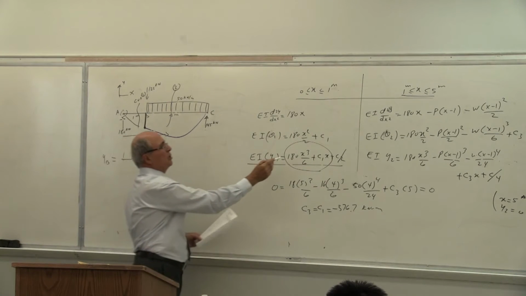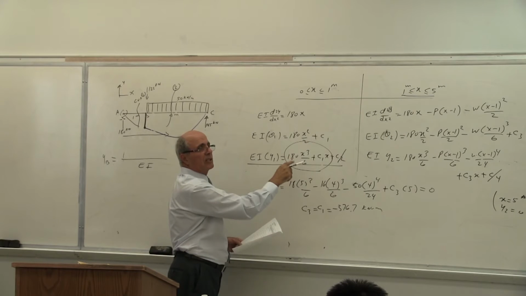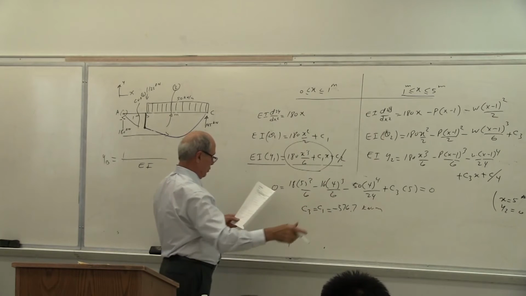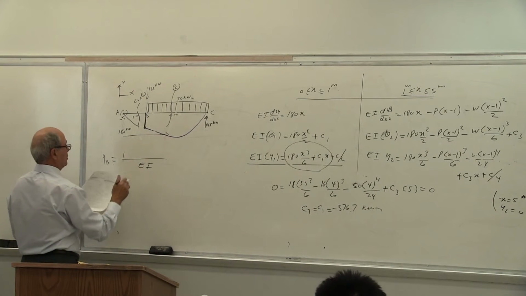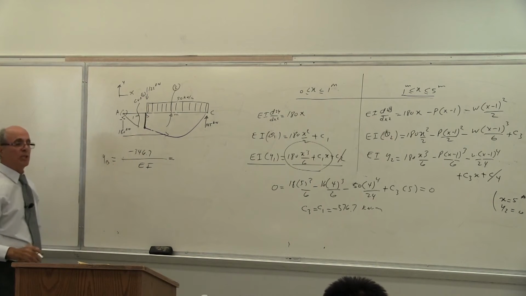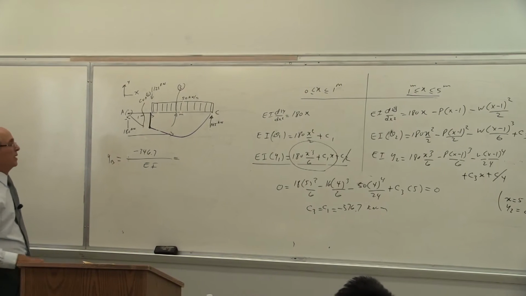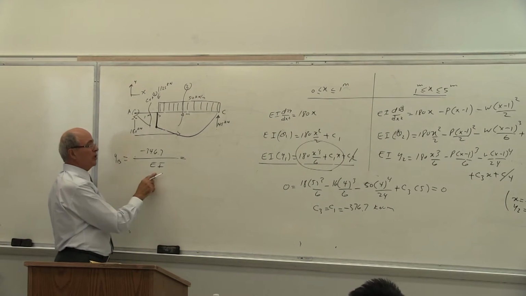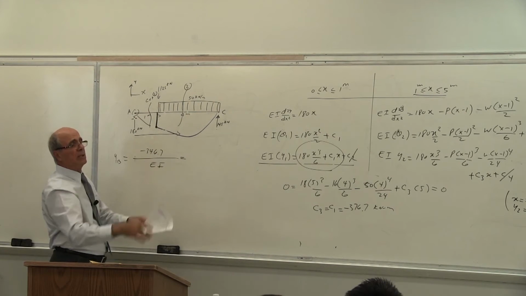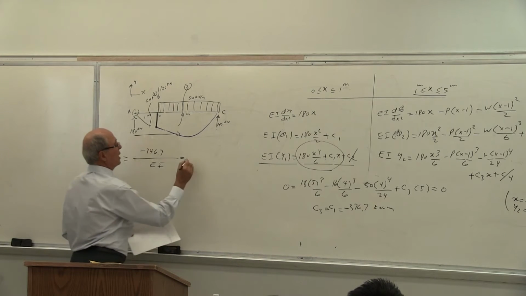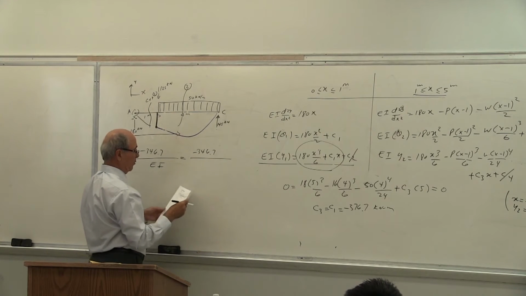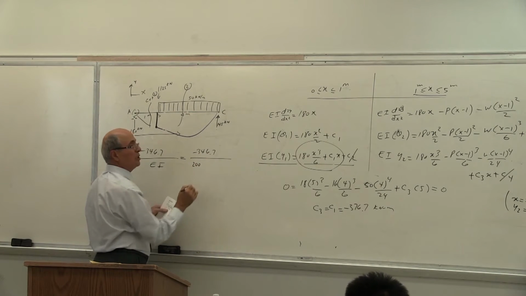Then all you have to do is put in this equation x equal to 1. Is that correct? So 180 to the power of 1 divided by 6, C1 is already given, times 1. You simplify that one, and it ends up being equal to minus 346.7 over EI. Now here is the unit problem that I'll have to mention one more time. Again, the unit problem works like that. This, you put it the way it's given. You don't change anything. Don't change this into millimeter or kilonewton into newton. Let's do it the way it was given to us. Minus 346.7 divided by EI. What's the E equal to? E equal to 200 GPascal. Yes or no?